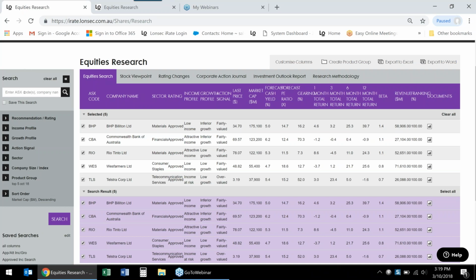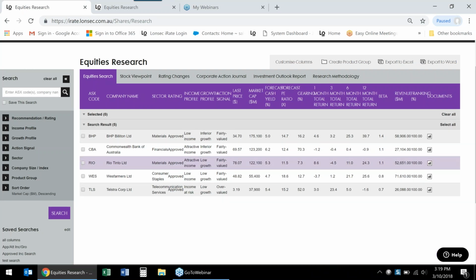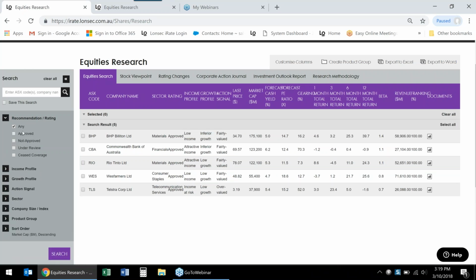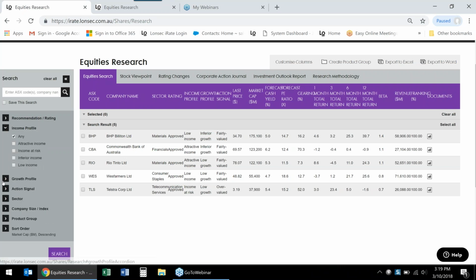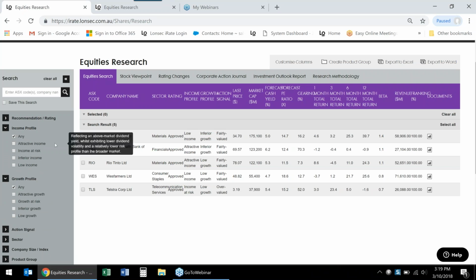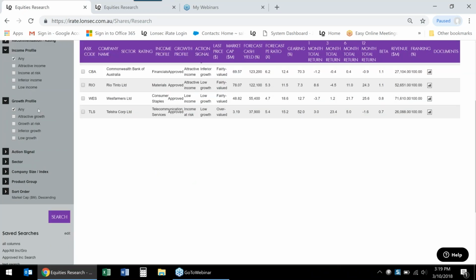Also, if you don't type in either the company name or the stocks, the ASX 200, you can filter through here. I'm just going to clear this section. You can filter through these different options as you move along. So you could just look for stocks that are approved, whether you want an income profile, whether you want that to be attractive income and low growth or so on.